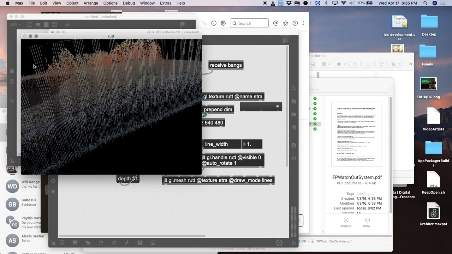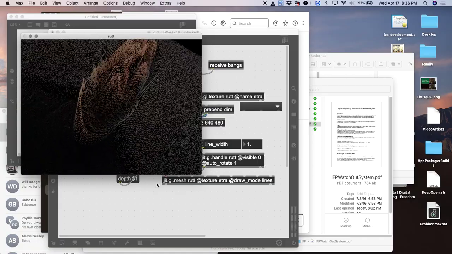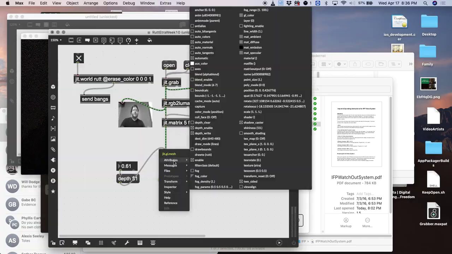So our lines, but what is it like impacts? It's an attribute. So we have all these things we can do to this mesh, and I literally will sit around and play with every single one until it does something I want. And one of them is point size or line width, and those will give us